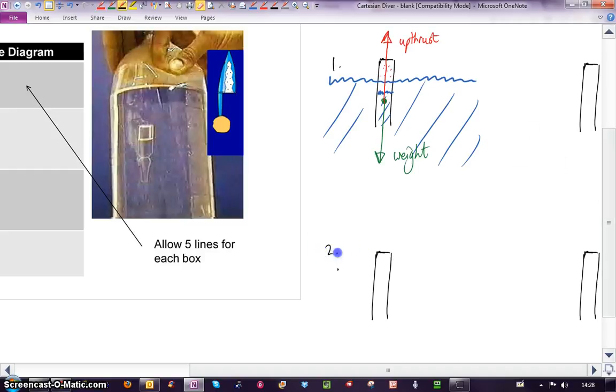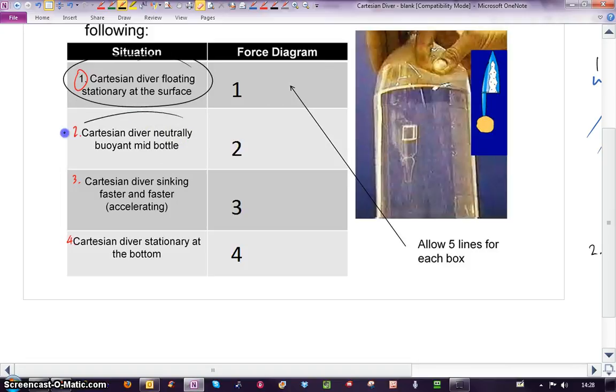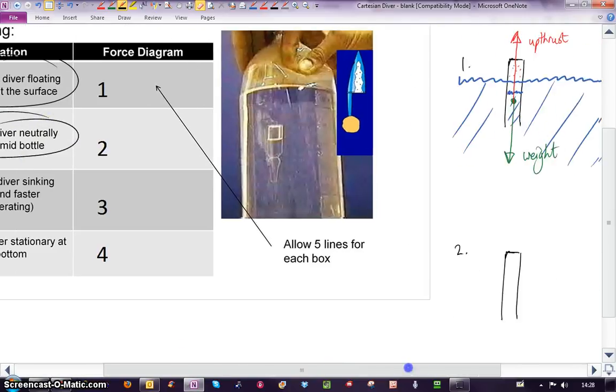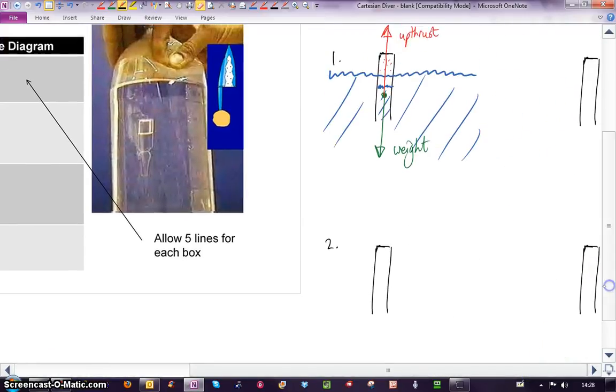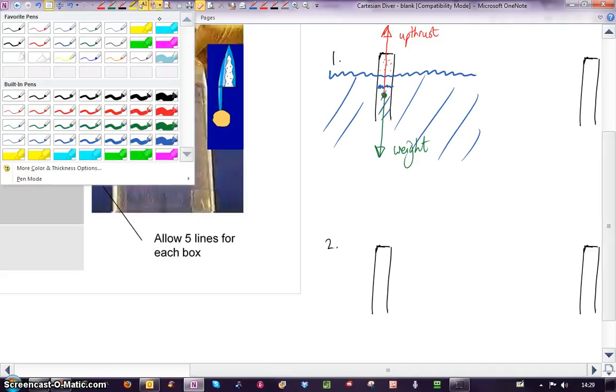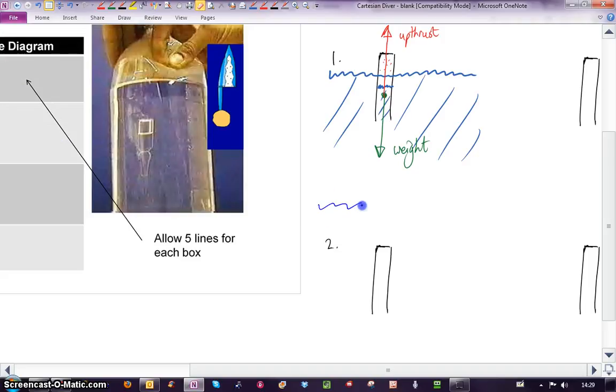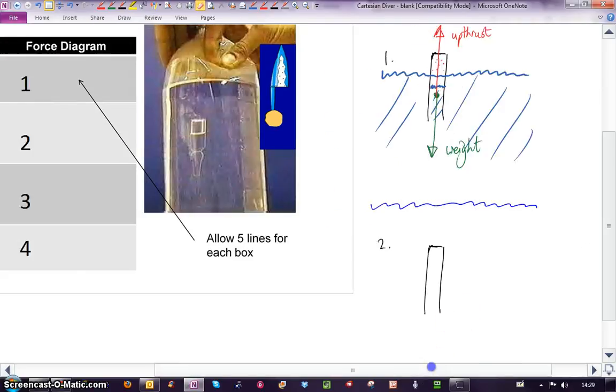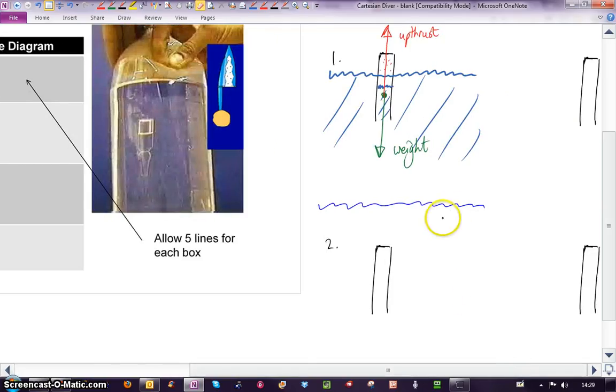Number 2, the second situation. Second situation is Cartesian diver neutrally buoyant in the middle of the bottle. So you've squeezed your Cartesian diver. I'm just going to draw the surface here because it's neutrally buoyant in the middle of the bottle, so the surface is up here. Now, because you've squeezed the bottle, some of the air is compressed inside the Cartesian diver and the water level has gone up. You can see here it was this depth and now you can see here it's this depth, which means that